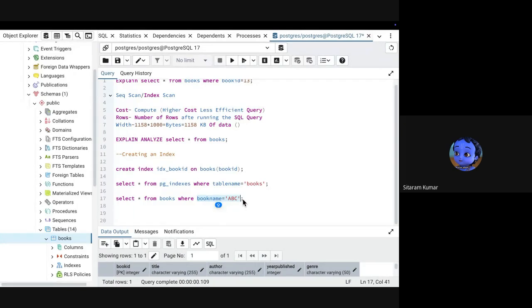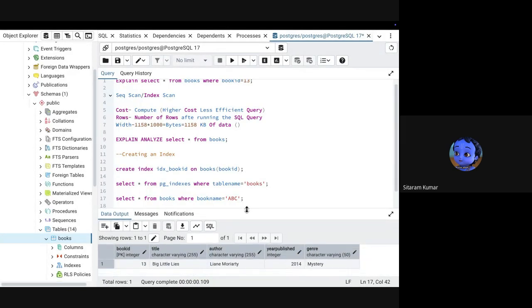Yes, on the table books, I'm creating an index on the column book ID. It's not created on other columns, so if you put any other column as a filter, it will run in normal linear search only. Okay, got it. Thanks.